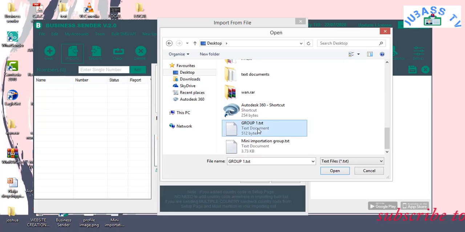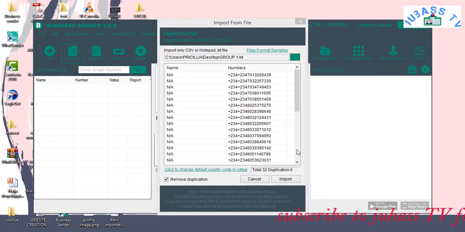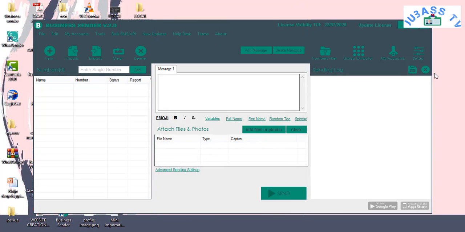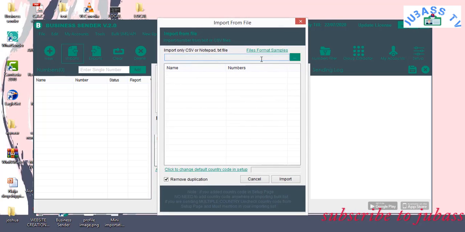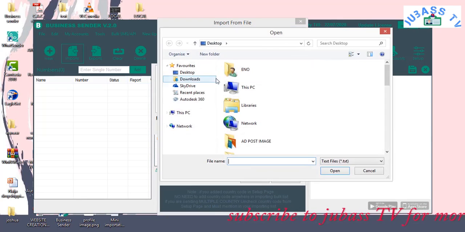I think I saved it somewhere else, but let me just use this. So these are all the numbers. I have not formatted these numbers. For me to format the numbers, I have to remove this 234 because the plus 234 is automatic. So when I format it and save it again as a CSV file, come back here, find it,